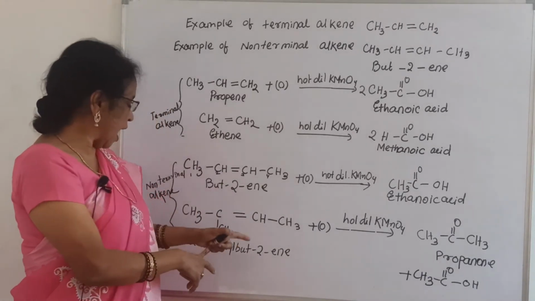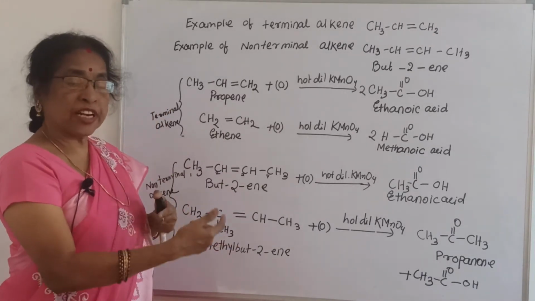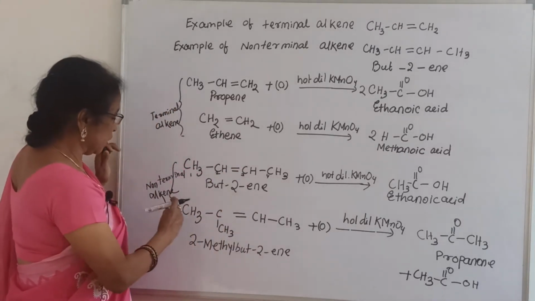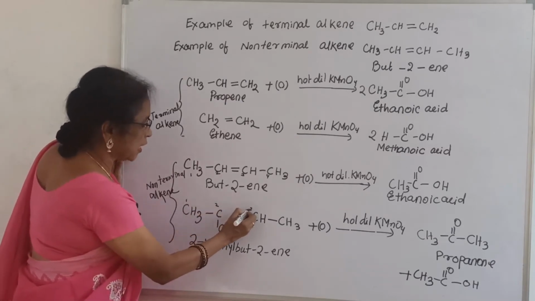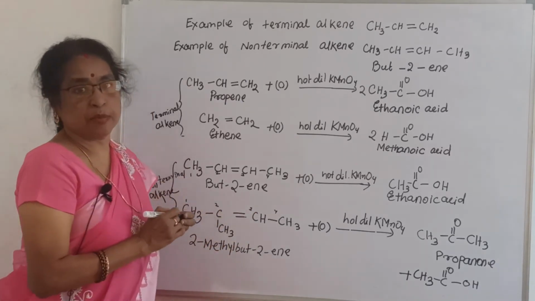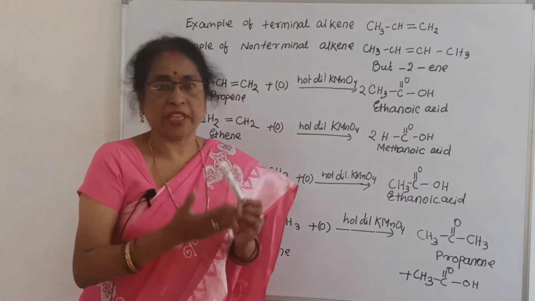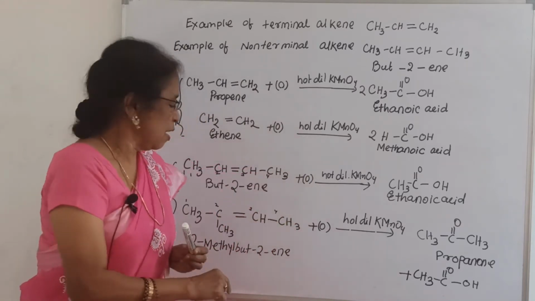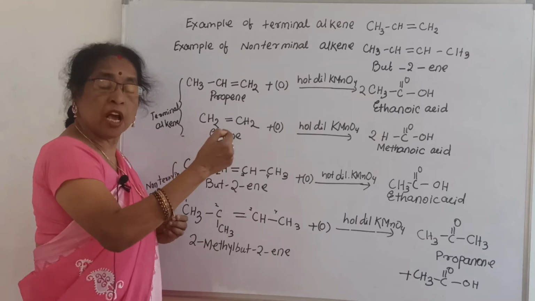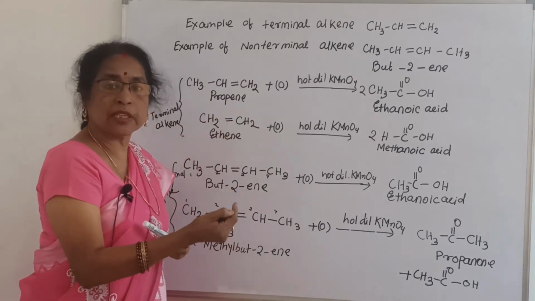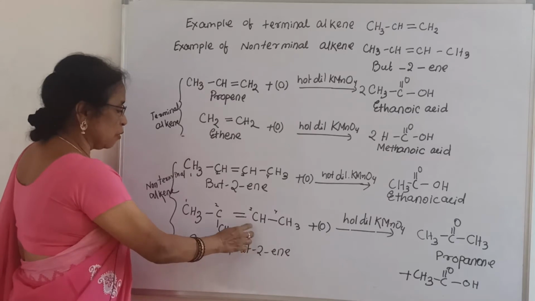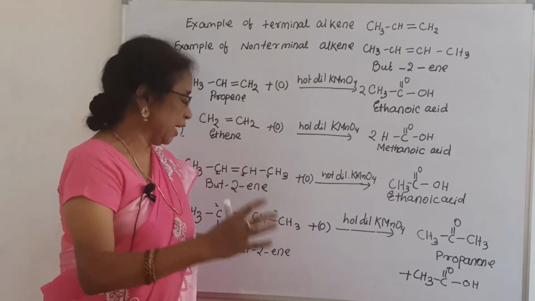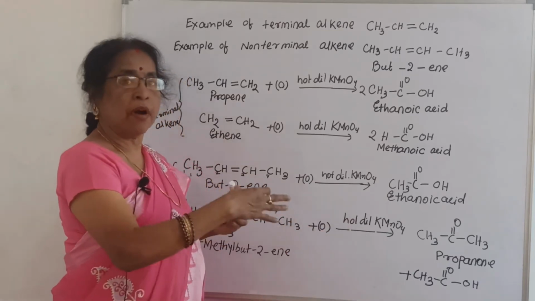Next is 2-methylbutene. How can you name it 2-methylbutene? See here, it is 1, 2, 3, 4. After 2 there is a double bond, and at position 2 there is a methyl group, that is where the 2-methyl comes from, and the long chain contains 4 carbons, butene. But at which position is the double bond? After 2 carbons there is a double bond, that is why after 2 you will write ene. That means 2-methylbutene, and oxidation takes place with the help of hot